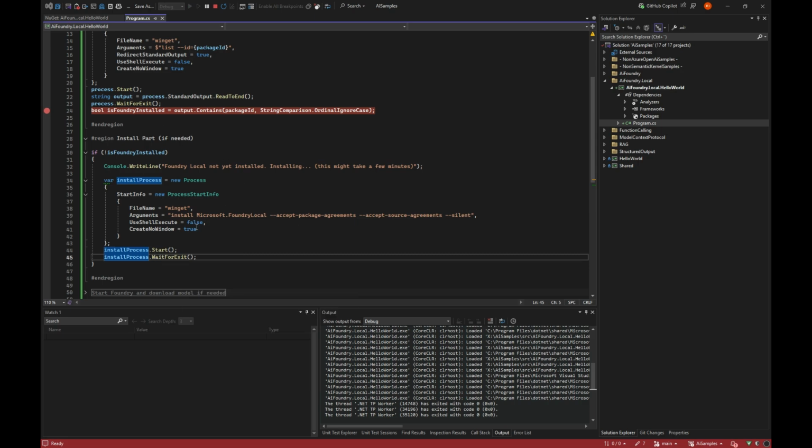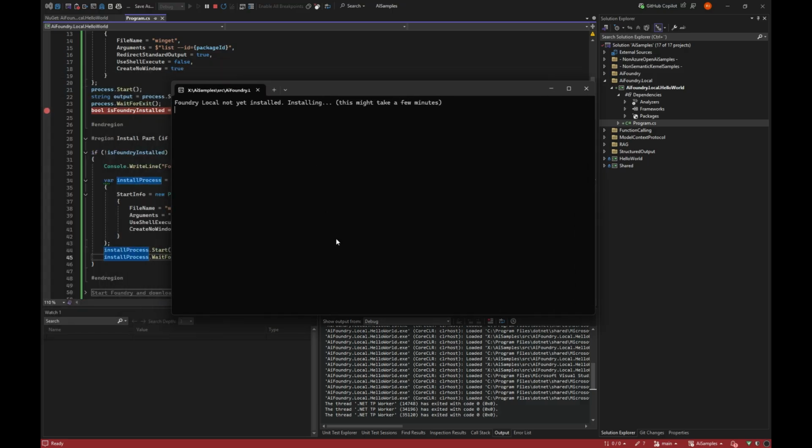But behind the scenes, you could have your automated system download the package in the background and be ready for it once it's downloaded. So right now my console here will say Foundry not installed, installing, and it might take some minutes.